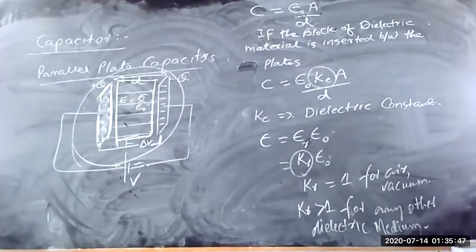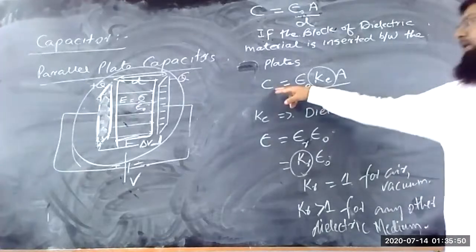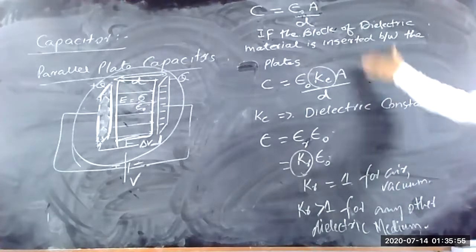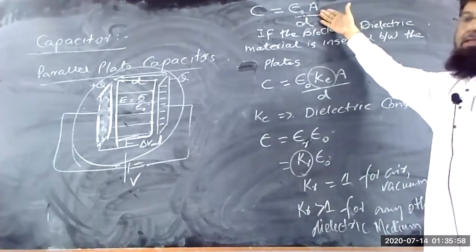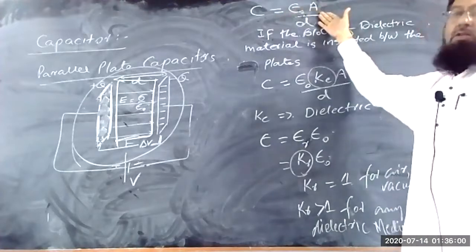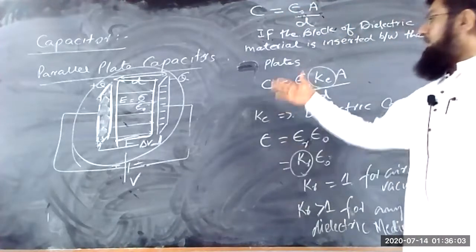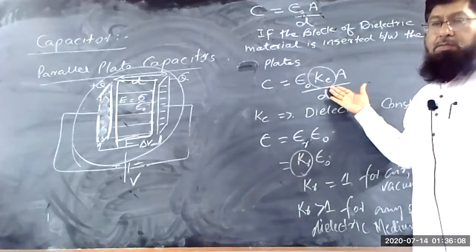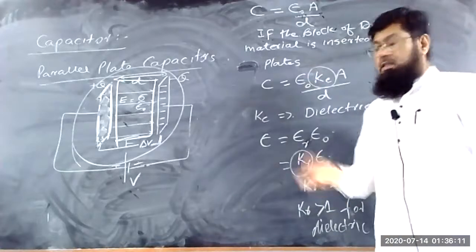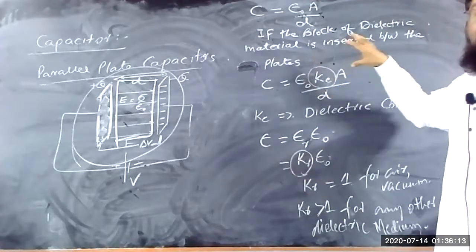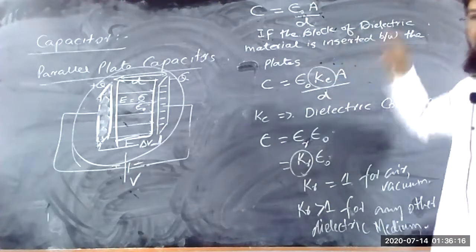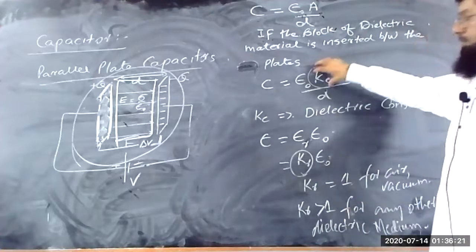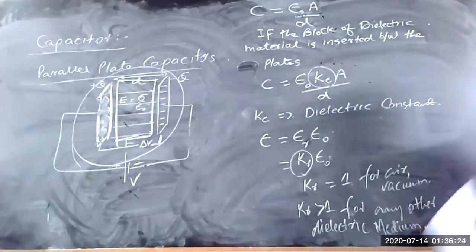So this is the capacitance of the parallel plate capacitor. How to calculate the capacitance? If the medium between the plates is air, then the capacitance is equal to this. If the medium between the plates is a dielectric medium, the capacitance is increased. So the capacitance increases with the medium. The question is how it increases? There is a phenomenon we call the polarization of the material. This polarization of the material we will discuss later on in the next topic. So now here Ke is the dielectric constant.